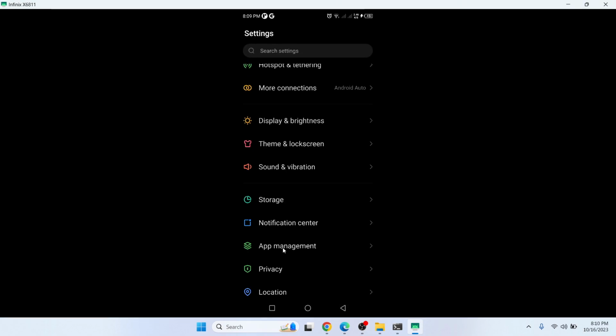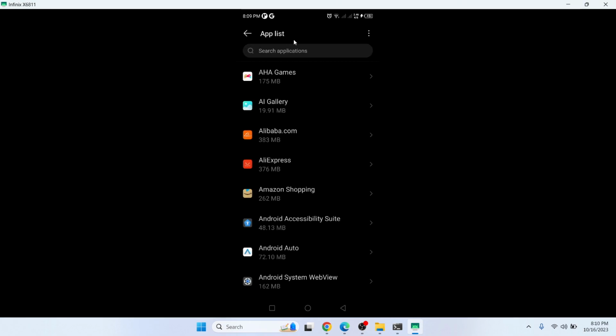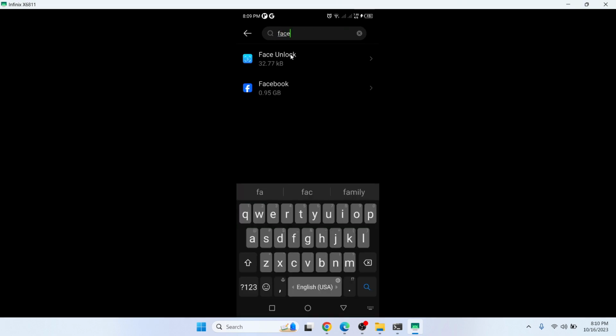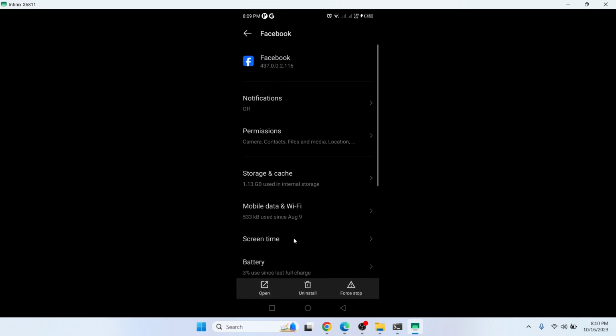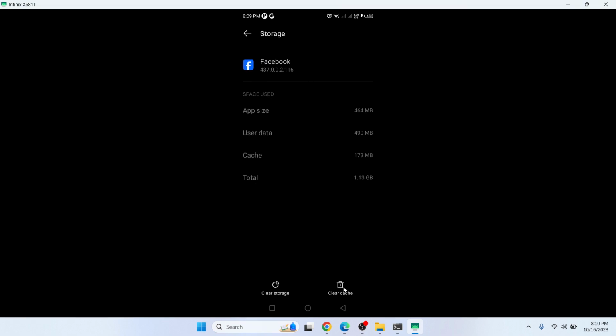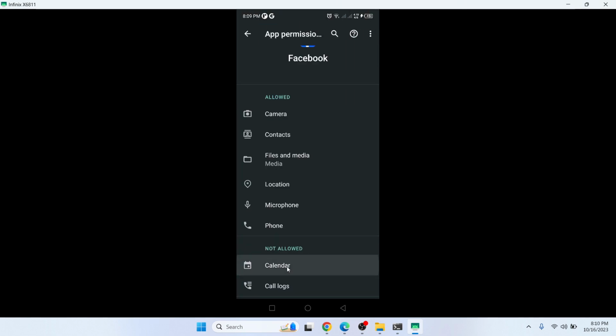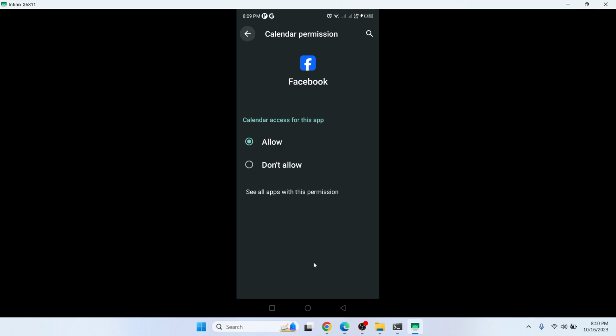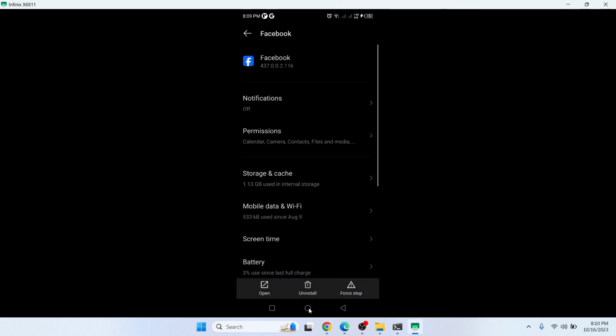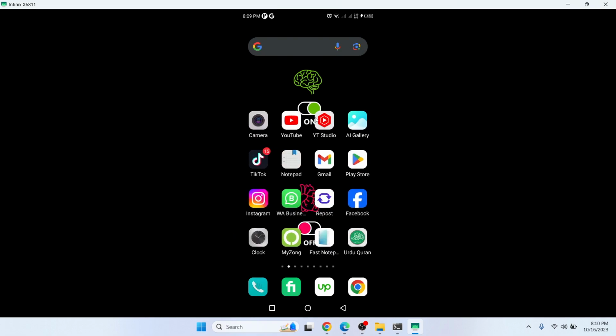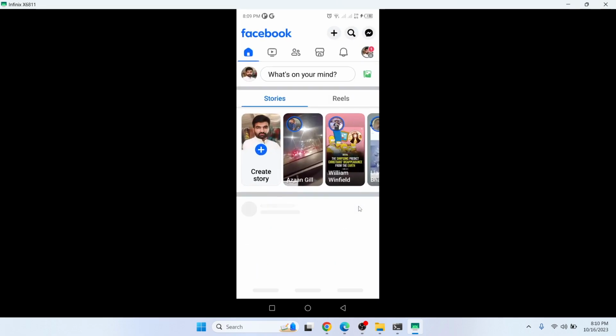and go into the app management and click on app list and search for the Facebook, and you need to click on storage and cache. The first step you need to clear cache, and after that you need to clear storage. Then you need to allow all permissions from here like this. Okay, so once you're done that, then you simply need to restart your smartphone and open Facebook and log in